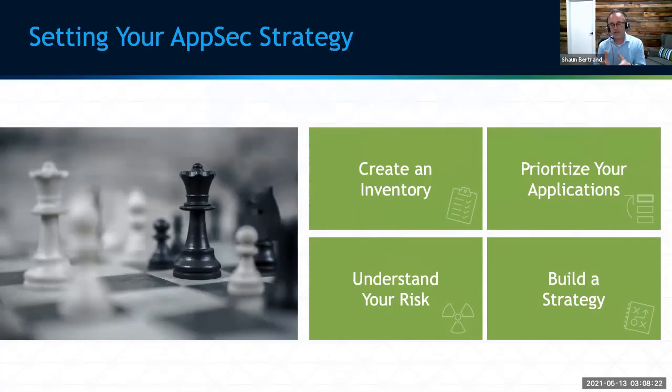All right, let's talk about setting your application security strategy. It is very much crawl, walk, run. And it is very much don't over-engineer it, all right? You've got to start slow and get yourself to more of that world-class platform. It all starts with inventory. As you've heard with things like the CSC framework, inventory is first and foremost. You need to know what you have out there. And inventory should encompass a few things. What do we have on-prem? What do we have in the cloud? What kind of third-party libraries do we have going on? But it all starts with the inventory, because then you take the next step in being able to prioritize.